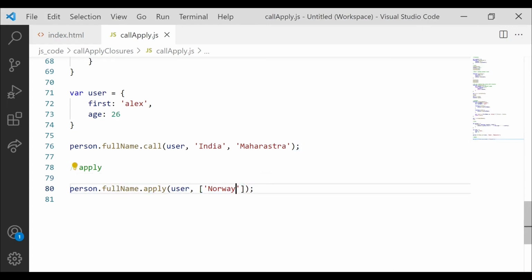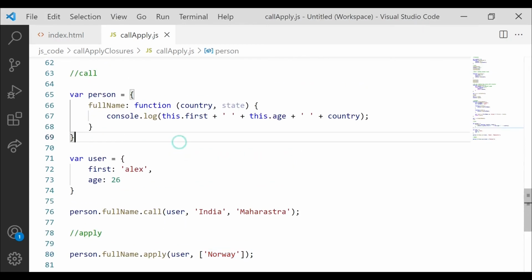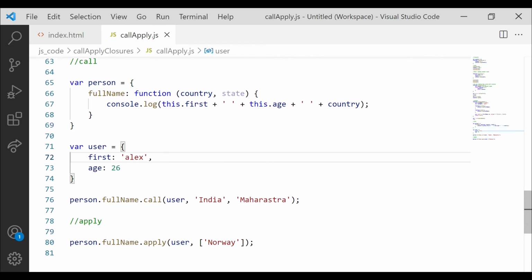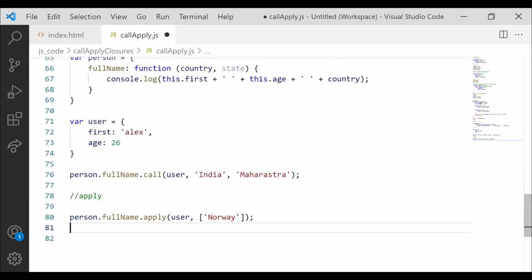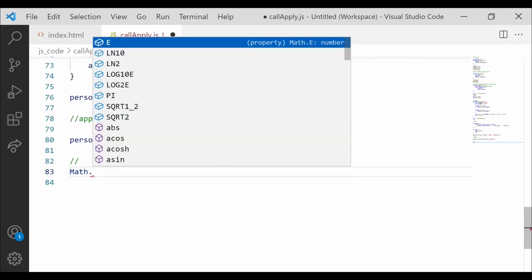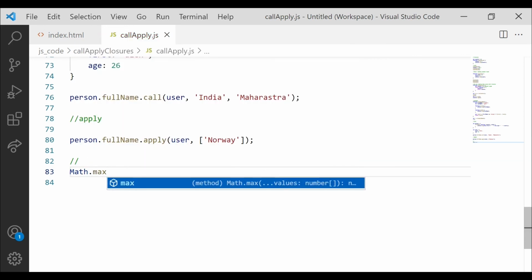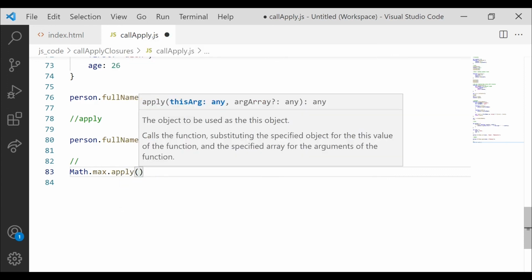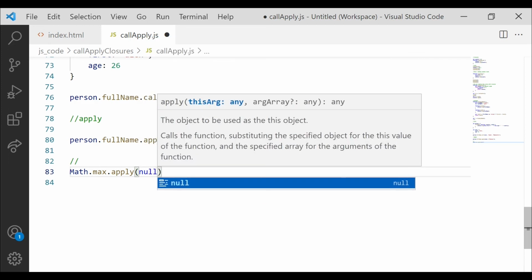So here I sent the data in the form of an array. Definitely, if I have to choose between call and apply, call is faster because here you have a free list of arguments and here you have an array. So call is faster than apply, but both are similar. Now we can use these on existing objects as well. For example, math dot max is a method we have to find the maximum value. Now let's say I want to find the maximum value in an array. I can write math dot max dot apply, and here I can simply pass the values. Let's say some object if you want to pass, or if you don't have any object, just pass null or an empty string,